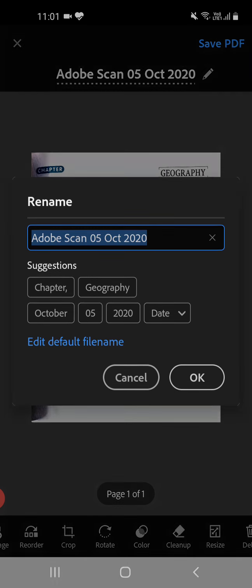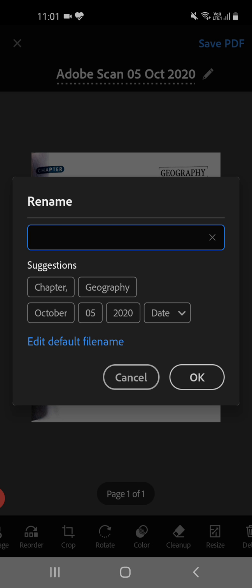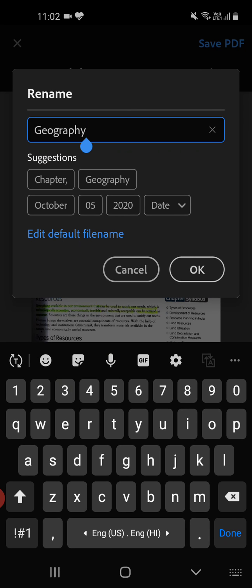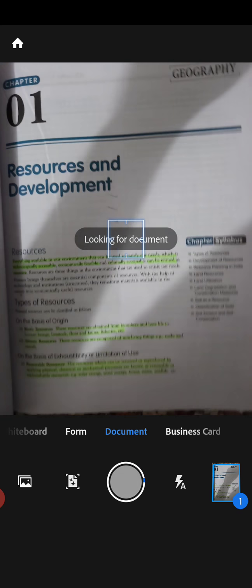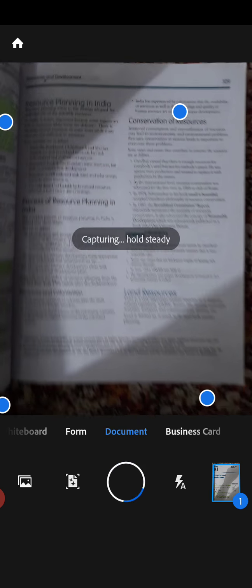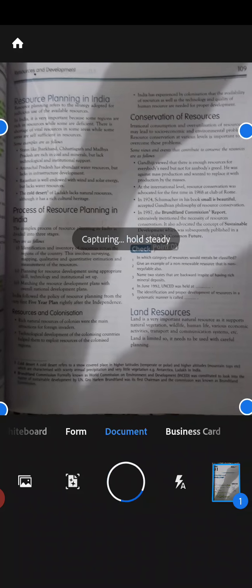You can also rename it. For example, I name it geography. Then I can add an image also. For example, if your answer is not covered in one page, you can add another page. So here I am adding this also.